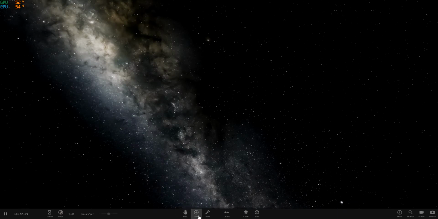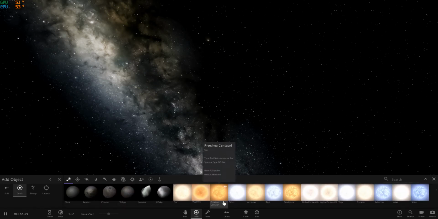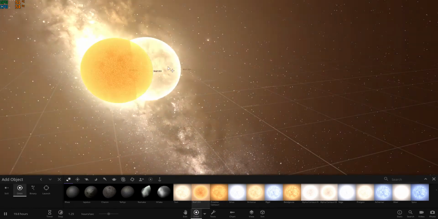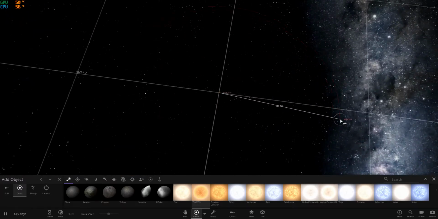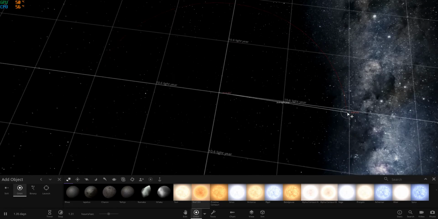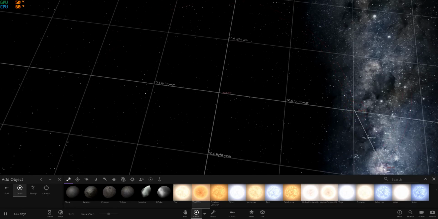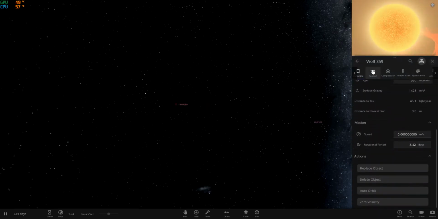Anyway, we're gonna play a game of celestial accuracy. These are two. Right, so this is Wolf, and we're gonna place another star 10 light years, 5 light years away, 20-ish light years away. Now, if you're wondering what I'm doing, right, so motion.